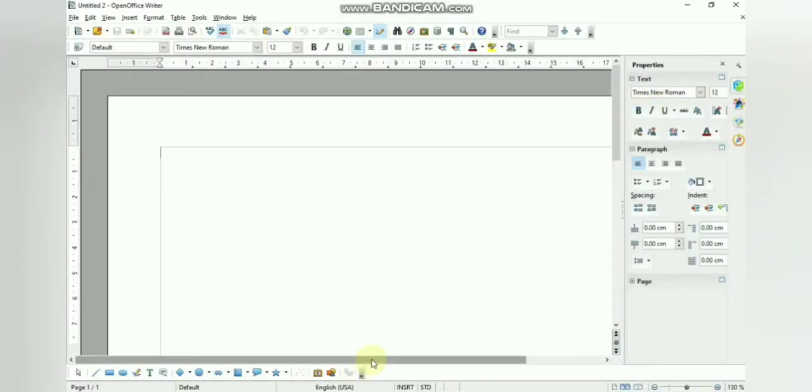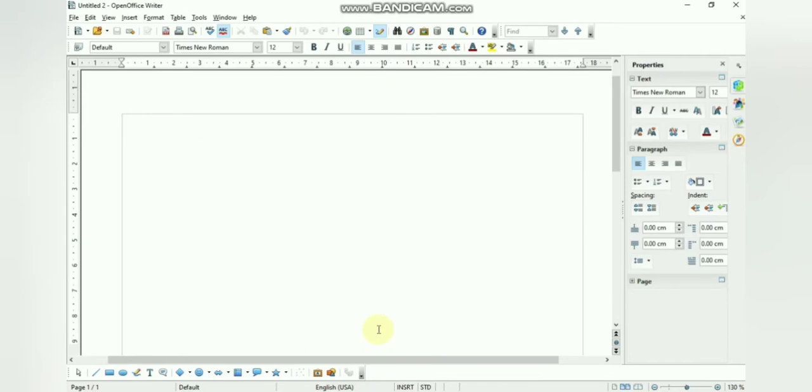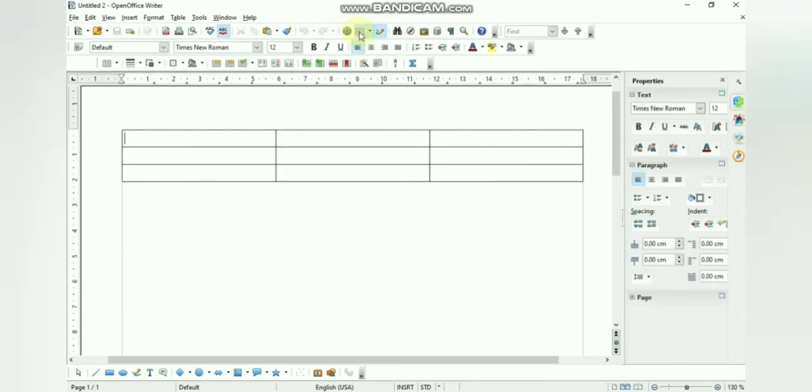First of all, let us learn today how to insert a table. As you can see here, this is the Writer screen. And as we know, a table is an intersection of a column and a row. On the standard toolbar, we have the table icon present. You can just click on this drop down arrow, and accordingly select how many rows and columns you want to insert in the table. If I have selected 3 columns and 3 rows, you can see a new table has been inserted in my document.